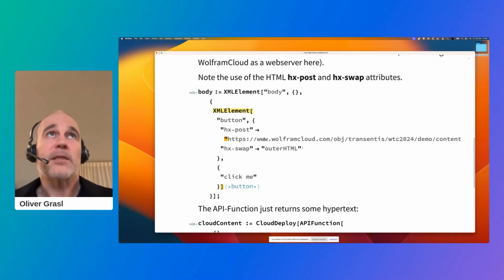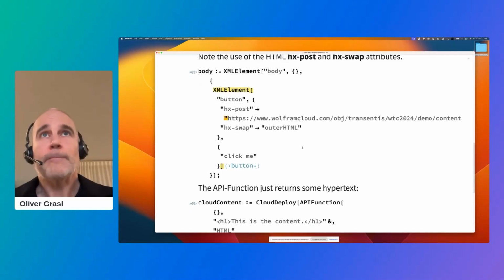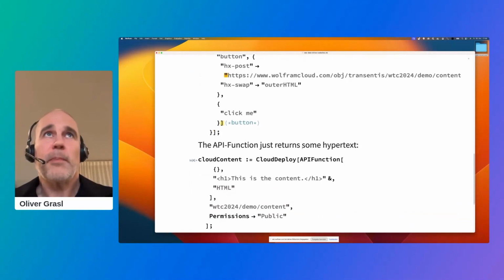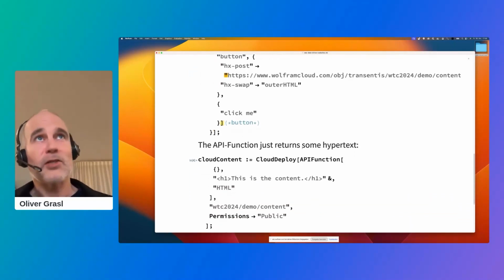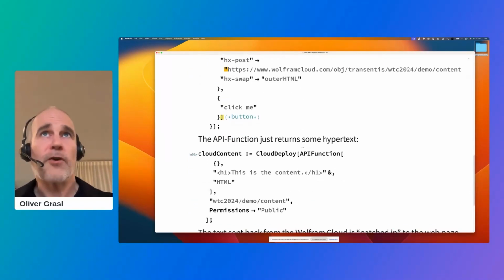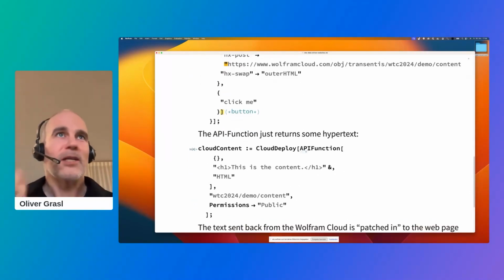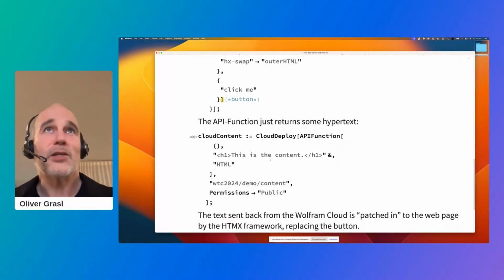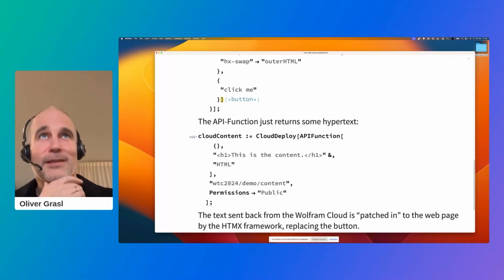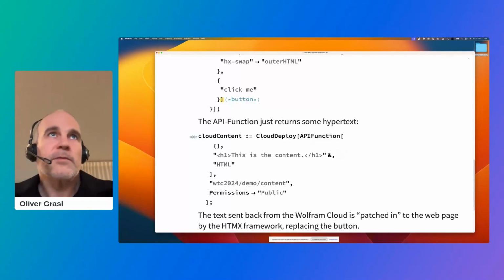Okay, and that's it. So that's the body of my HTML page. And now let's look at the API function. This is the function that we're deploying to the Wolfram Cloud, which is going to generate content. I'm keeping it intentionally simple, we'll look at more complex examples in a second. This is essentially just sending back